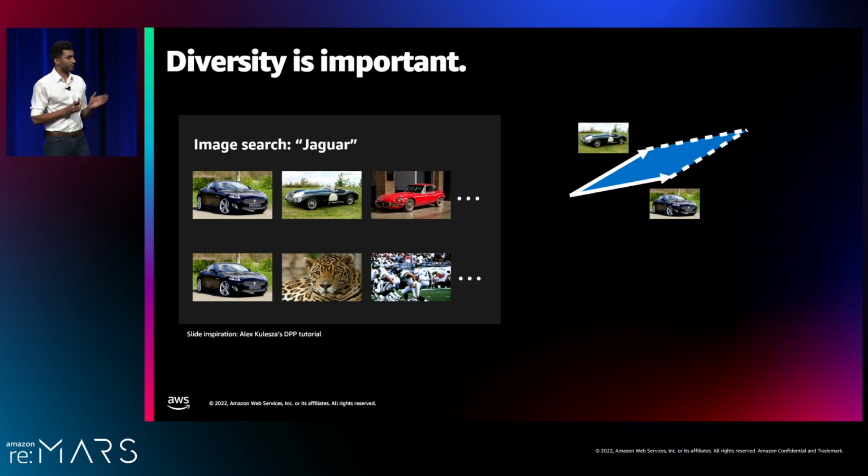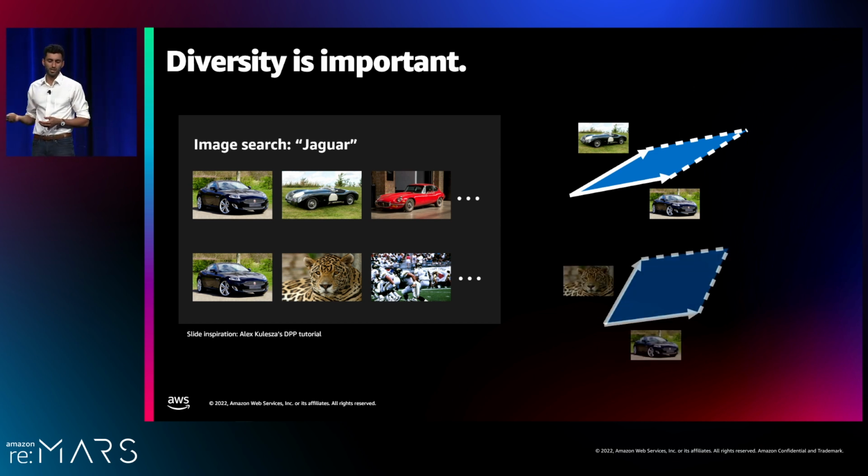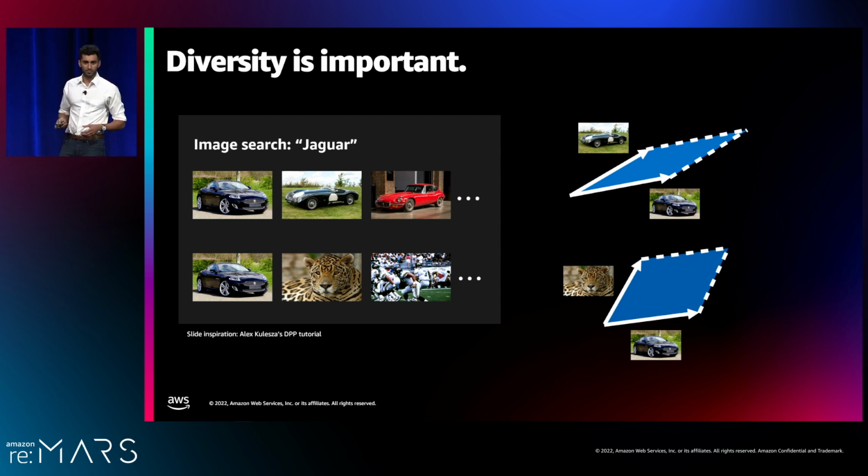One way you can do it is featurize your two images, make them into vectors, and then take the area between them. And if the area is small, then they're not so diverse, but if the area is large, then they are diverse. If you generalize to 3 dimensions, if you add another image, then you want to select images with large volume between them. And then if you generalize to higher dimension, it becomes determinant. So the problem of selecting a diverse set is also the problem of selecting a set with high determinant.